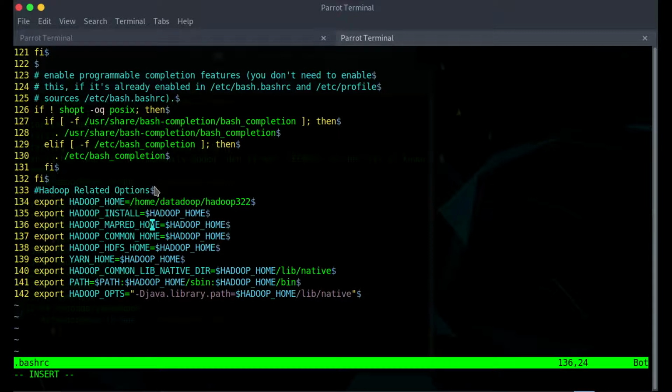I have commented that line alone, and the actual configuration starts from line number 134 to line number 142. Once you have typed all these commands, simply press escape, colon wq. Since I have already saved this, I am going for q alone, but when you are doing it for the first time, make sure you include w here. After you do that, simply press enter.